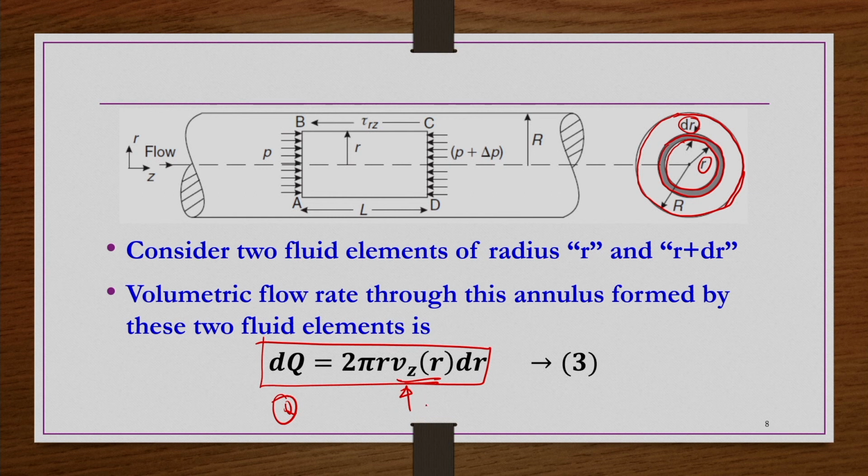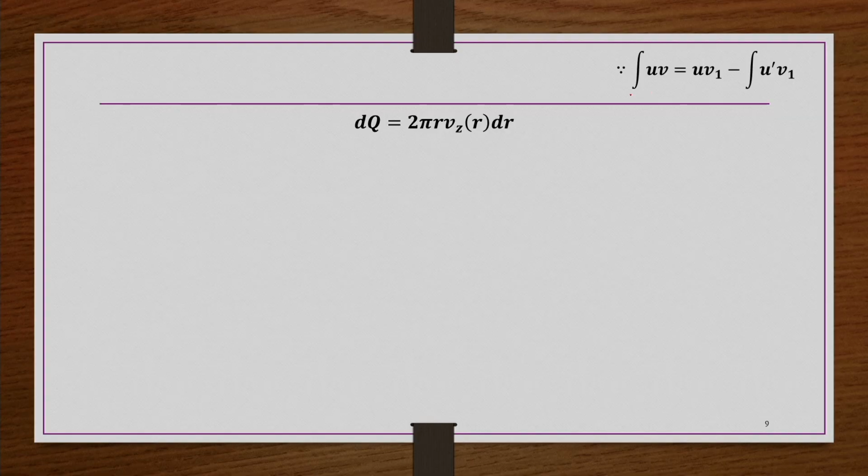So what we do is further play with this equation in such a way that on the right hand side we get something like minus dVz by dr, which is nothing but gamma dot rz, corresponding to tau rz. That means indirectly your shear rate may be related to the volumetric flow rate of the fluid passing through the capillary.